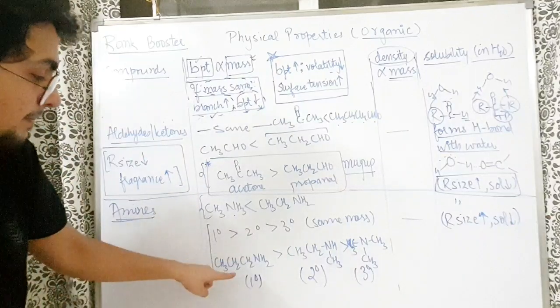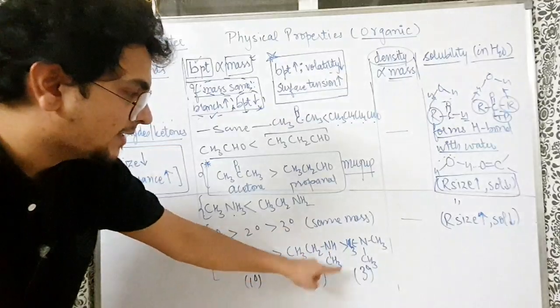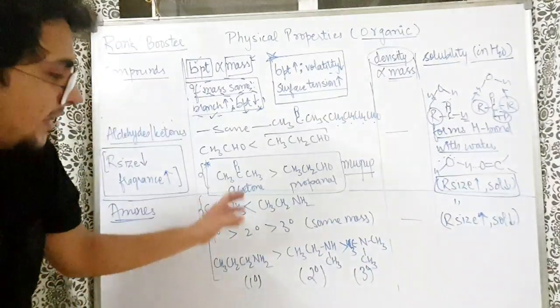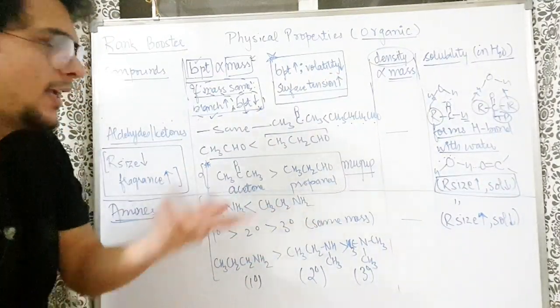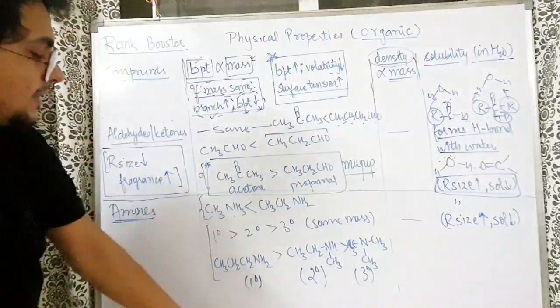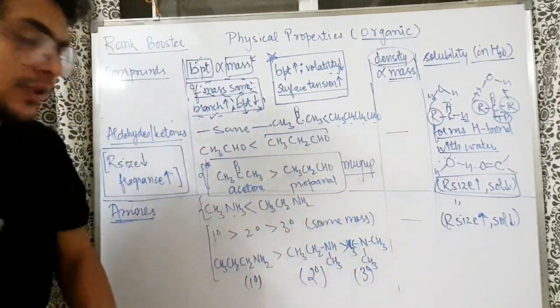But understand, amine primary means only one side alkyl chain. Secondary means two side alkyl chains. Tertiary means all three side alkyl chains are there. So primary versus secondary versus tertiary amine, if I compare of the same mass. If the mass is different, you know the answer: more mass, more boiling point. If the mass is same, like 3 carbon, 1 nitrogen, 3 carbon, 1 nitrogen, 3 carbon, 1 nitrogen, then